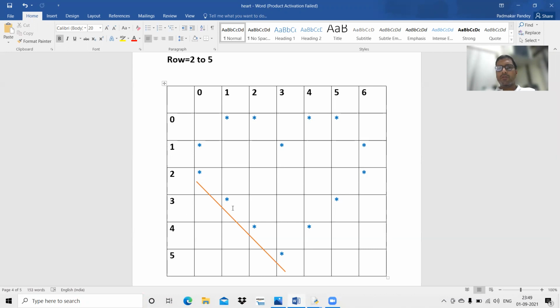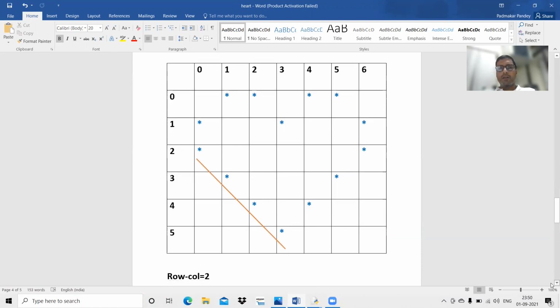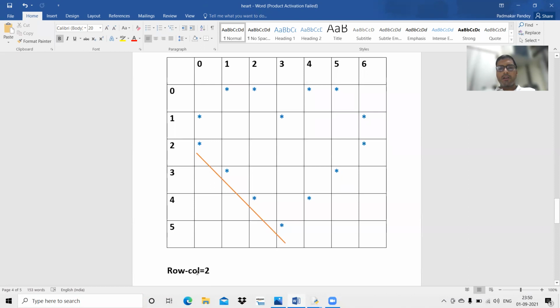So 3 minus 1, 2. Now in the fifth row, you can see the star is at the second column. So 4 minus 2, again 2. In the sixth row, the column number is 3, row number is 5. So 5 minus 3 is equal to 2. So you can see there is a pattern that row number minus column is equal to 2.